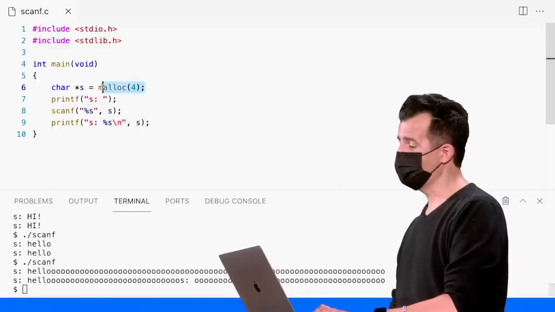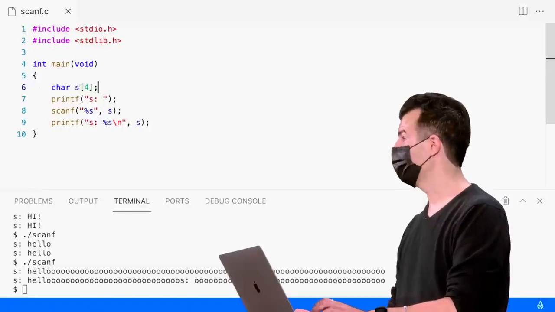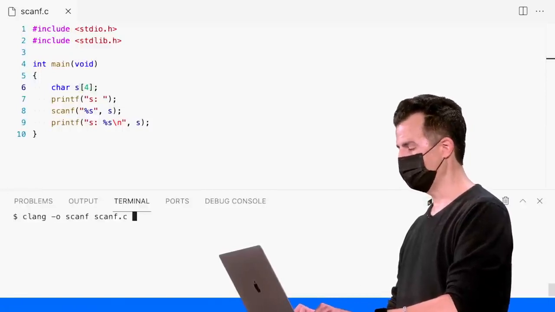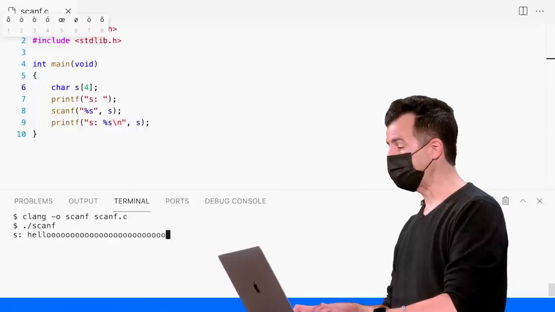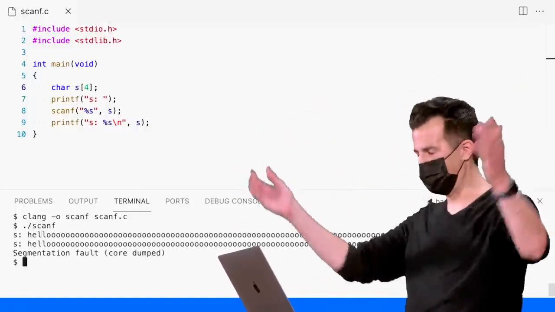It turns out I could also do this. I could actually just say char star 4 and give myself an array of 4 characters. Let me try this one more time. So let me rerun clang scanf. Hello, clearly exceeding the 4 characters. There we go. Thank you. All right, so